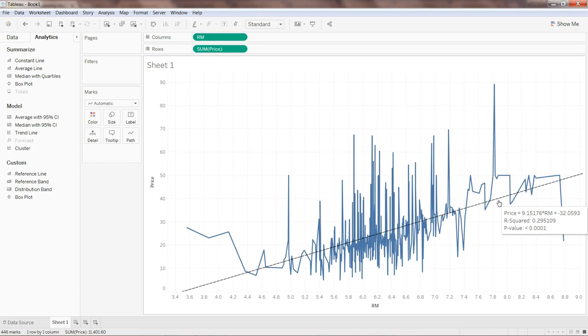So with the help of this equation, you can basically find the price based on the number of rooms. Then also you have the R squared value, which is saying 0.29. That means with the help of this average number of rooms variable, you can only explain